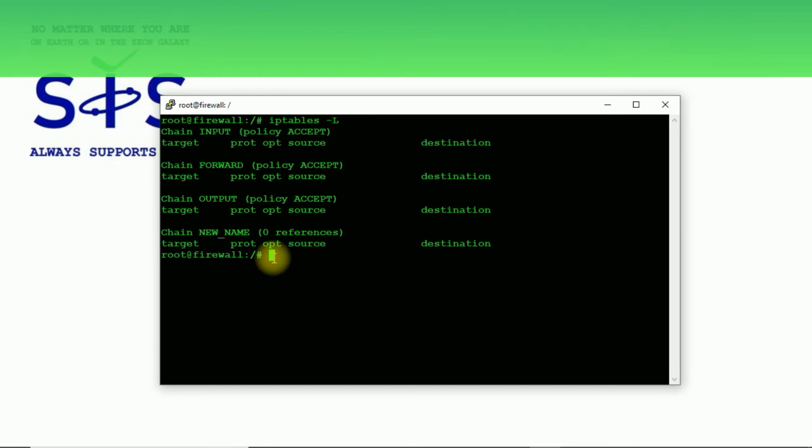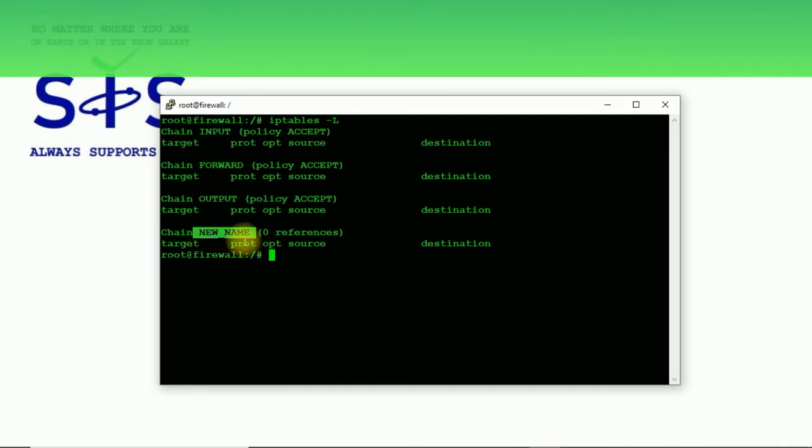To change this information, I must use this chain like a target in some other chain, because right now, like it was said previously, input is dedicated for input traffic to our firewall, forward traffic to LAN behind the firewall, and output for output traffic.